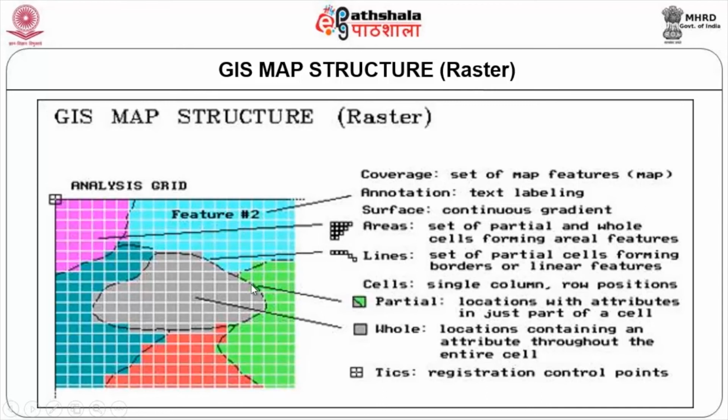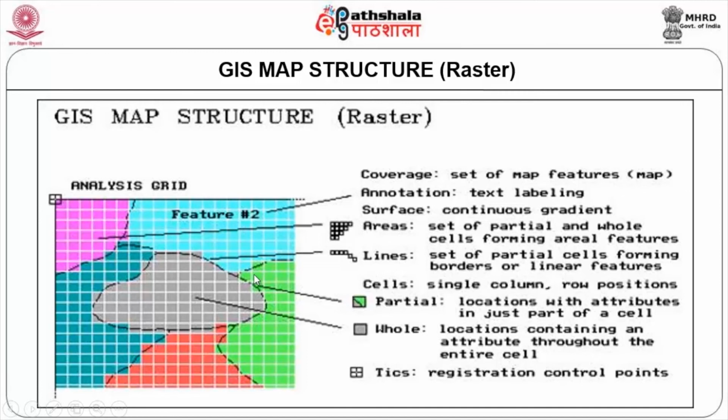If this attribute is occupying more, it will be attributed to this or to this. So, you can see here this polygon is automatically given green color, whereas here you see it is given green color. Here, as this particular cell is occupied more by this attribute, it is given ash color. You see here, blue is lost, ash. So, whichever attribute or theme is occupying more area in a given cell, that cell will automatically be attributed to that particular theme.